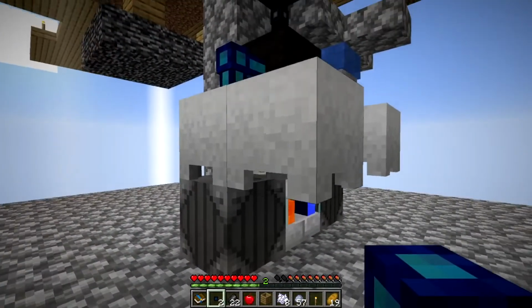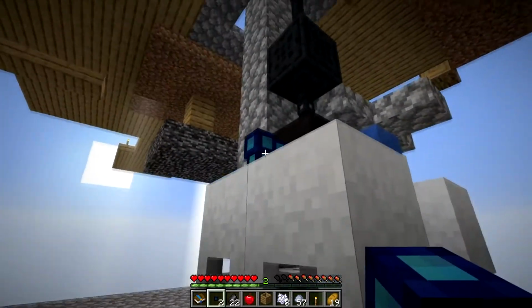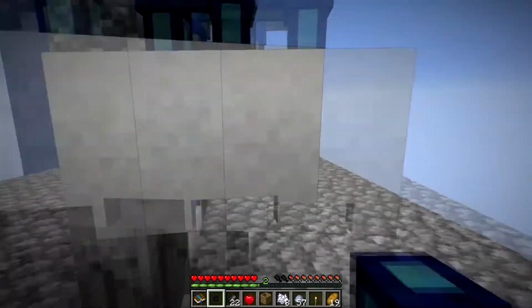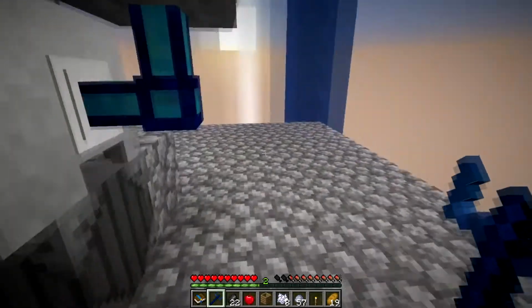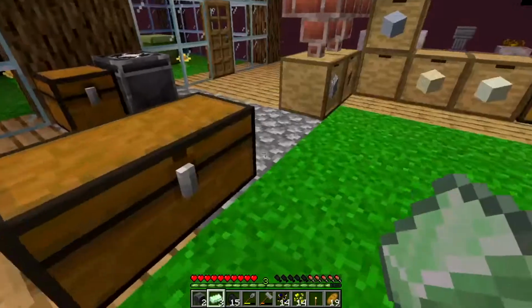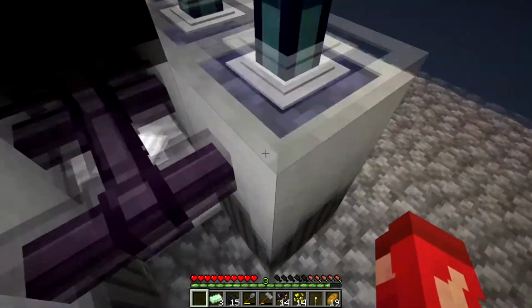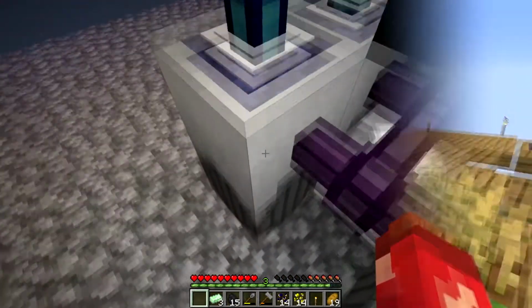add our fluid cables, and with our wrench, we can set that to extract, and we have our 2 blocks of uranium. Now we should be able to produce double the amount of lava. Future Hipmonk here. I realized afterwards that it wasn't more lava that we needed, but just a stronger magmator. So yeah. And we can work